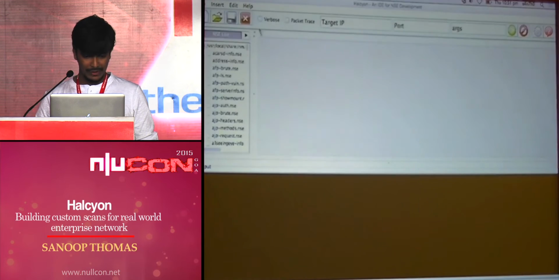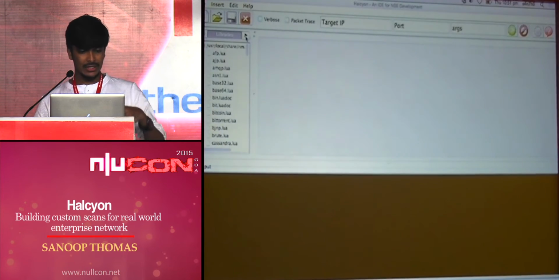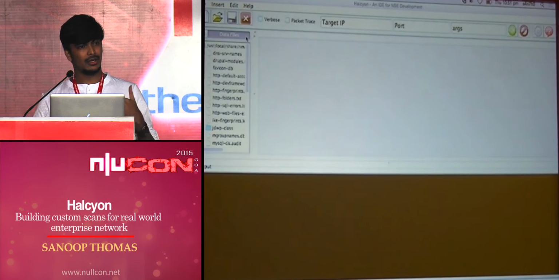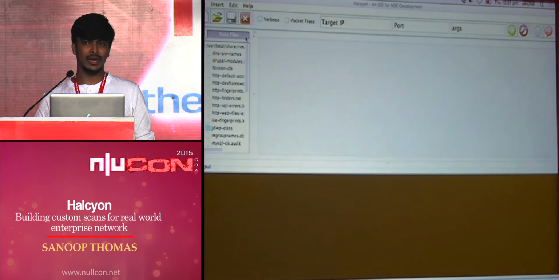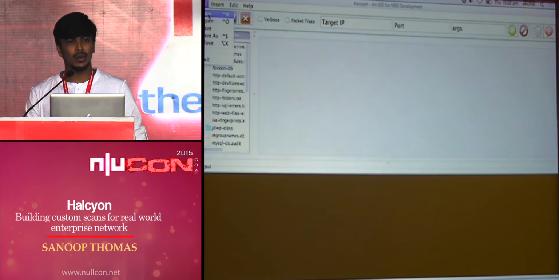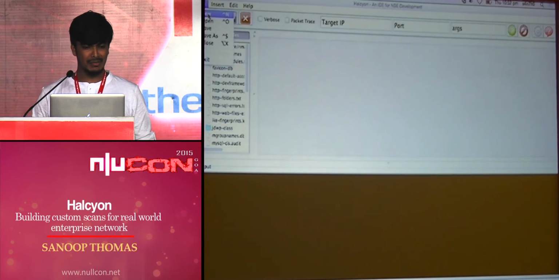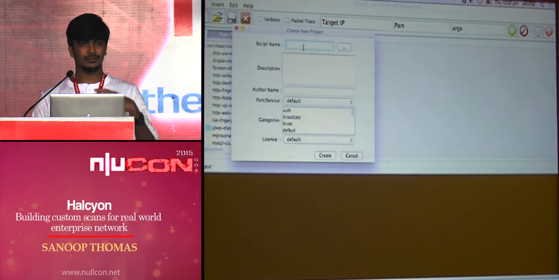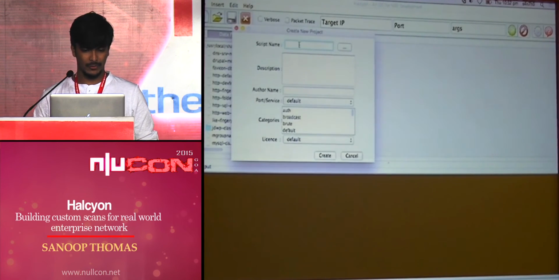Once you have this, all these libraries, data files, and everything are listed here. You can open them and maybe edit them. If you want to add more passwords into the word list, you can do that from within the environment itself, right? Now, a very simple way to start writing an Nmap script: it allows you to start a new project. For example, if I